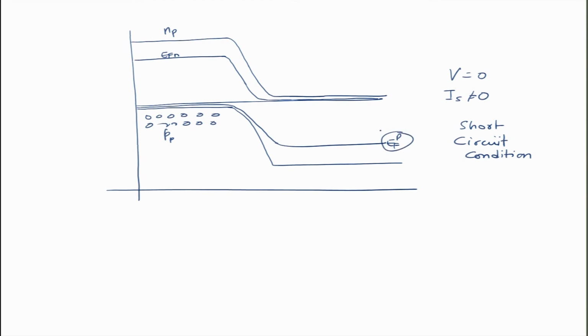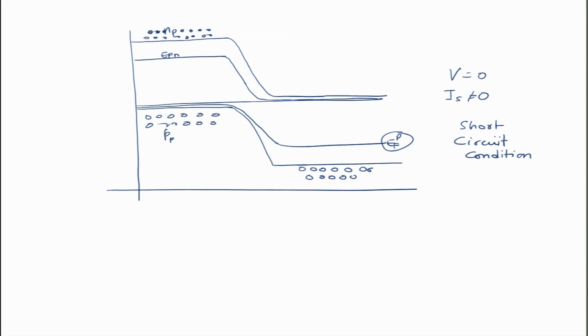So this is Fermi level corresponding to holes on the n side, because on this side the hole concentration also will increase. Okay. So this increase in the hole concentration on p side, n side, and this increase in the electron concentration on the n side leads to a raising of Fermi level or quasi Fermi levels corresponding to electrons and holes closer to conduction and valence band. So now you can see that electrons from this side, if there are a lot of electrons on this side, they can jump from here to here.